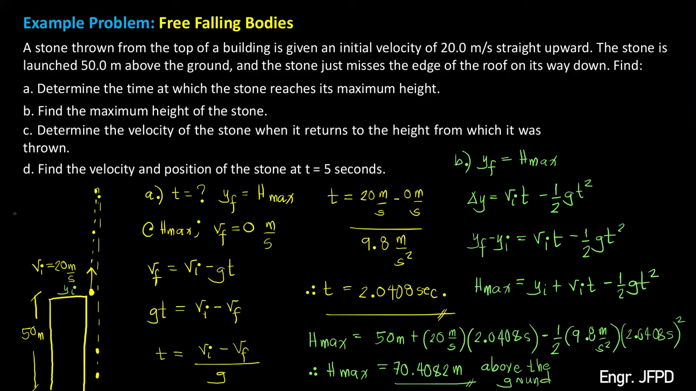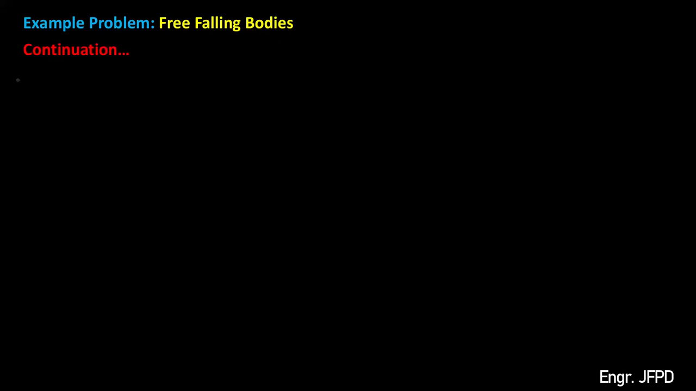Then for our letter C problem, we want to solve for the velocity of the stone when it returns to the height from which it was thrown. That means you want to solve for the final velocity wherein the final position of the object is 50 meters from the ground. This is the height wherein the object is being thrown. And solving for the final velocity, we have a yf, and we also know the yi. We can use the formula of the vf squared is equal to the vi squared minus 2g delta y, wherein